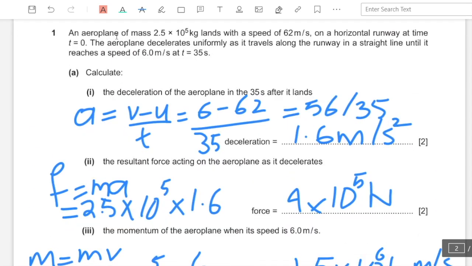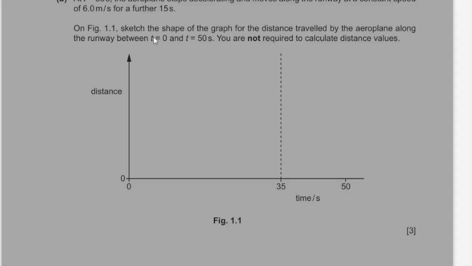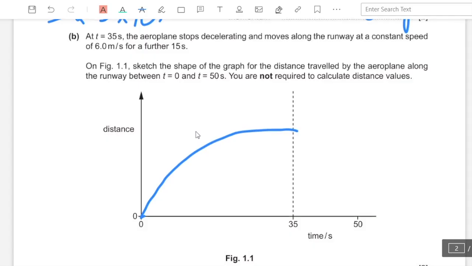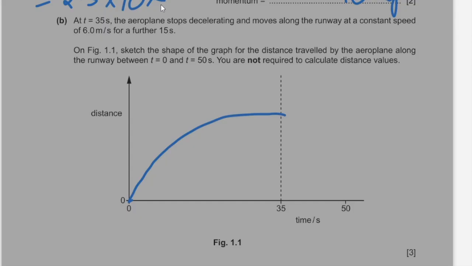So, in the first part of the question, it says that it decelerates uniformly for 35 seconds, which means the graph is going to be somewhat like this, and then it stops decelerating and continues at a constant speed for a further 15 seconds, which means from 35 to 50 seconds it's going to be a straight line,